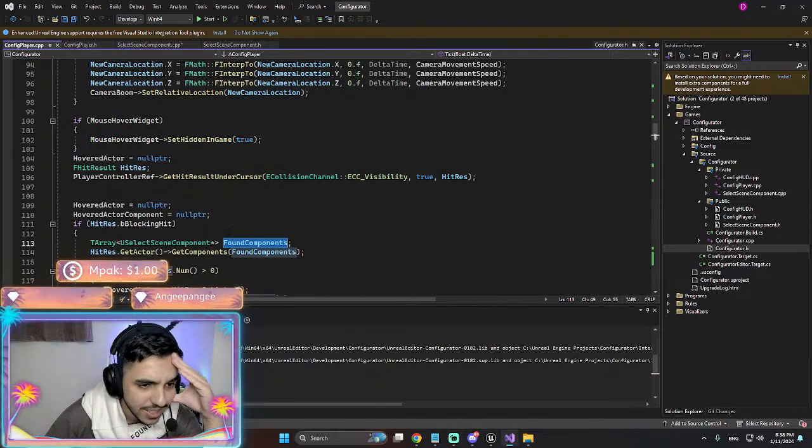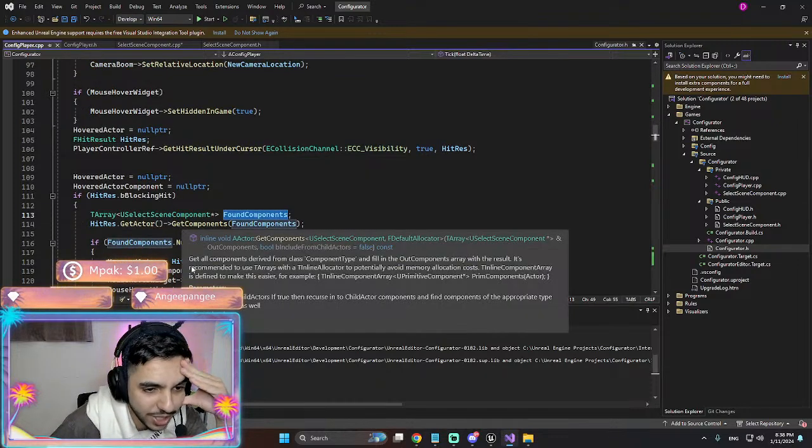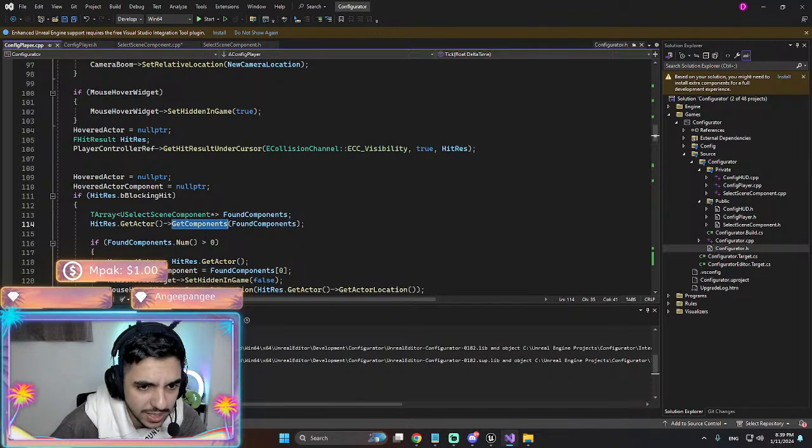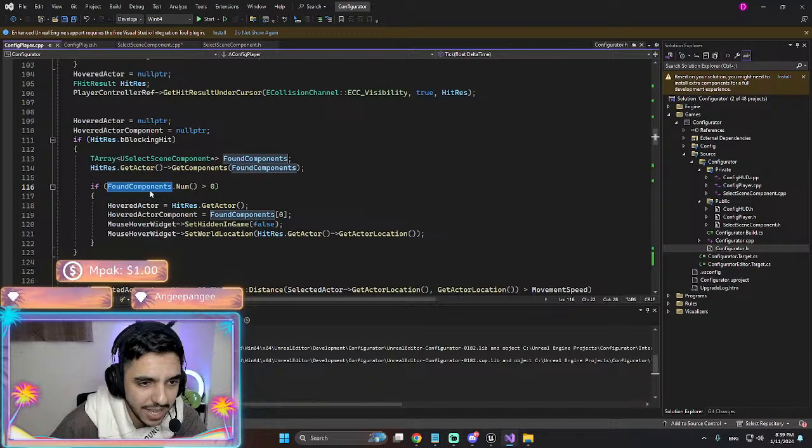Oh, I totally forgot this. So yeah, we get components and we put it into this found components. And if there are actually components found here.